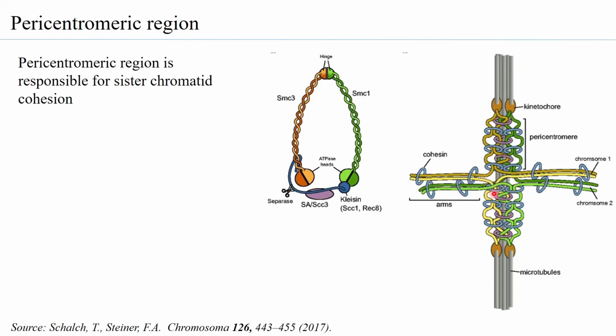And what you observe is that the cohesins are not just associated with the sister chromatids, but they are also intertwining the sister chromatids together in such a way that a complete pericentromere is formed. So this entire portion is what is called the pericentromere, and you can see how the pericentromere is bound to the kinetochore region, which in turn is bound to the spindle fibers.